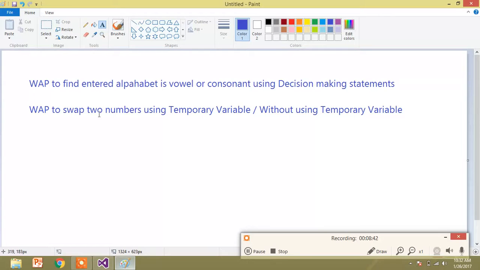Now we'll do the next one: write a program to swap two numbers with using a temporary variable and without using a temporary variable.